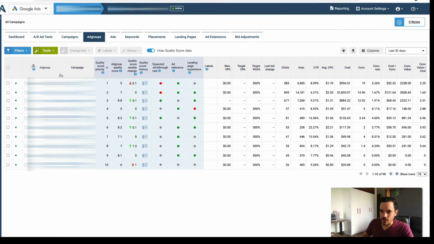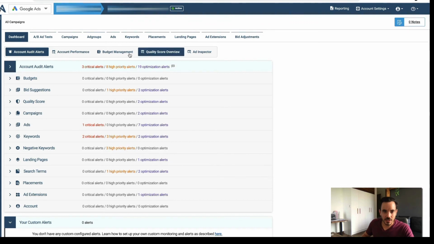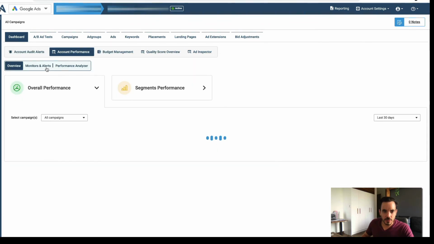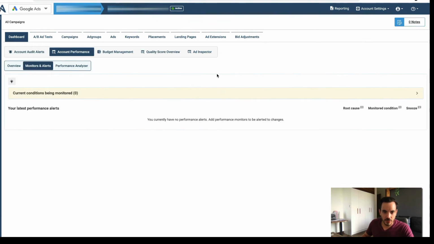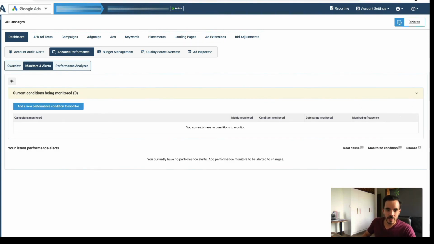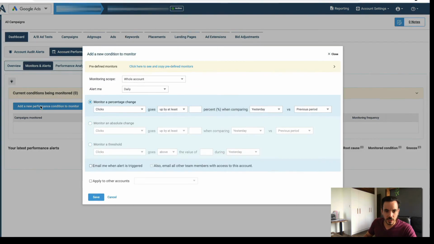Okay, that was quality score. The fifth and final feature that I want to show you is monitors and alerts. So if we go into account performance, we've got monitors and alerts over here. And what you can do here is you can set up custom alerts to tell you when something is going wrong in the account. So you click there, you click add a new performance condition to monitor, and then you